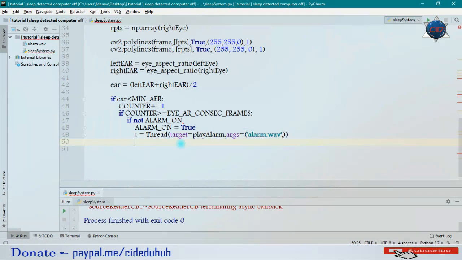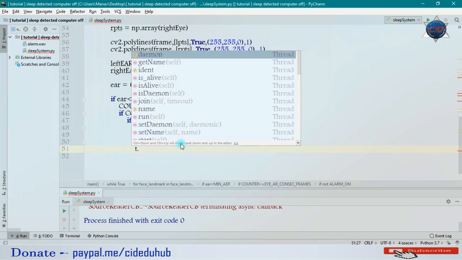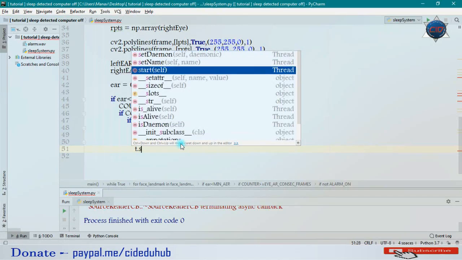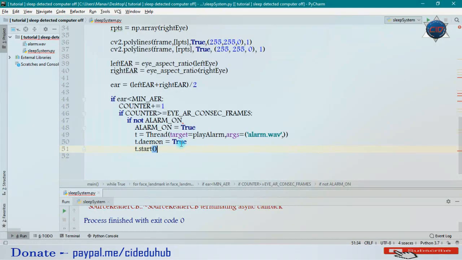Now let me come down here and make it a daemon. So we'll call t.daemon and it will be true. And now let me start this thread, so I will call t.start. Okay, so now our thread is started. Let me come down here and show a message that you are falling asleep in all the consecutive frames.